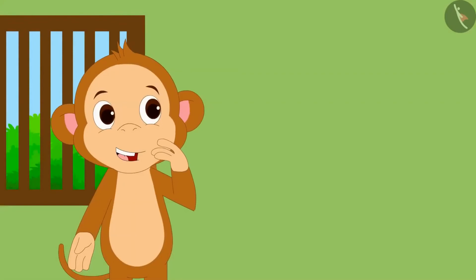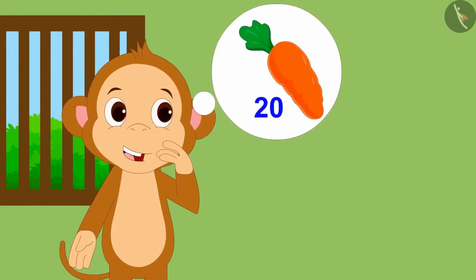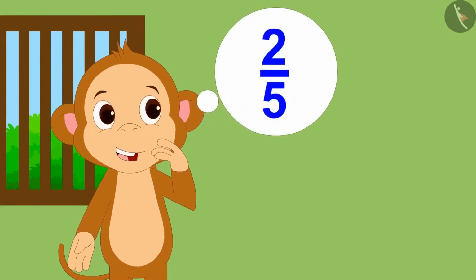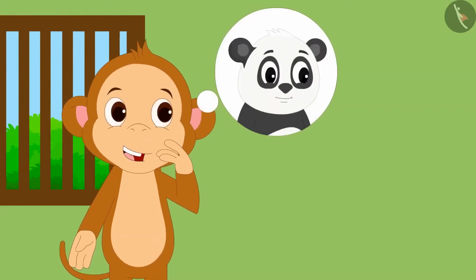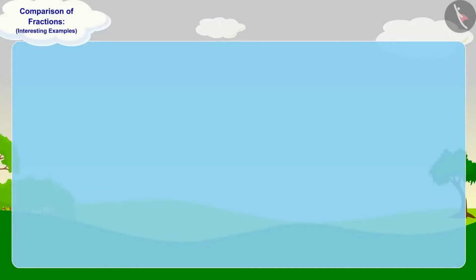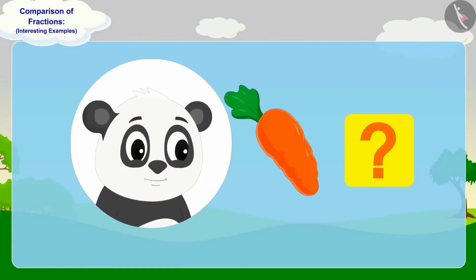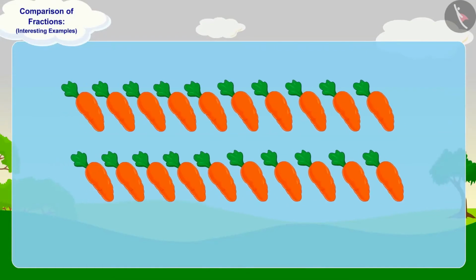Now, he is at home thinking that he will grow 20 carrots in his field. When those carrots are grown, he will give 2/5 part of it to Bunny and half to Golu. Children, can you tell how many carrots will Bunny get? Is that more than the number of carrots Golu gets? If you wish to, you can stop the video and find the answer. Well done, children! You have found the perfect answer.